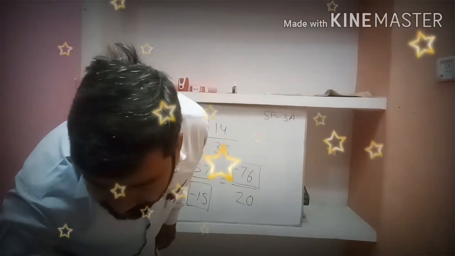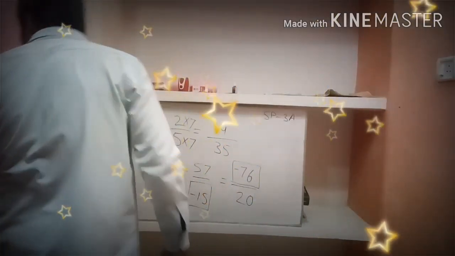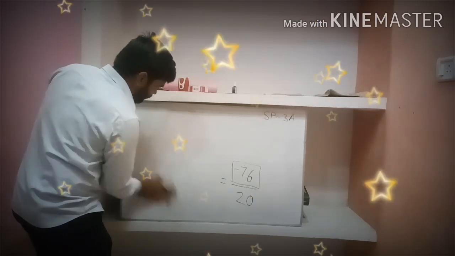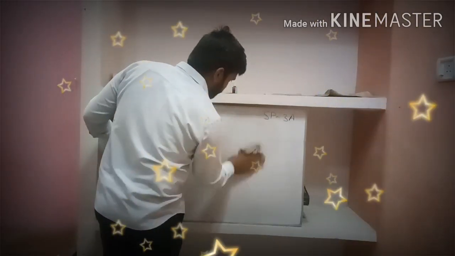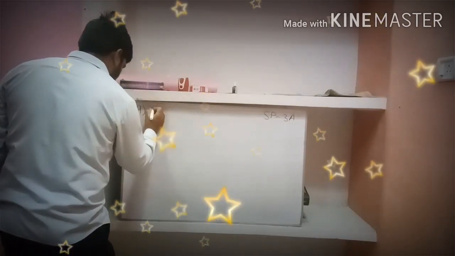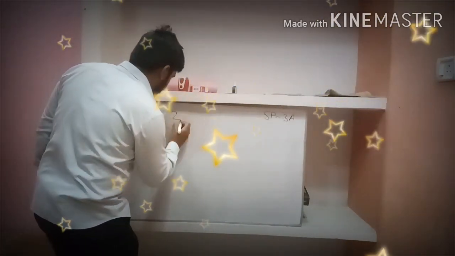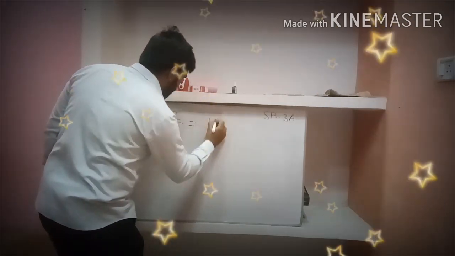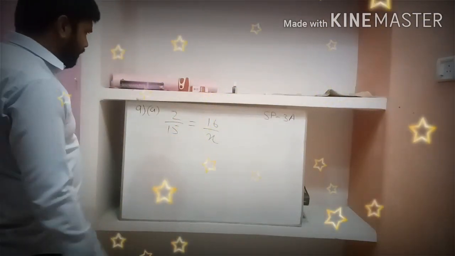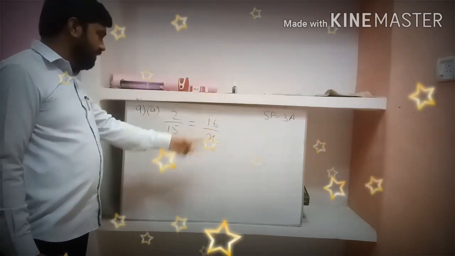Now move on. Find x so that 2 by 15 is equal to 16 by x. Question number 98. Now we solve 98. The question is 2 by 15 equals 16 by x. So here we have to find the value of x. Simply we can do it here also. What you multiply into 2 you get 16? That is the 8. Here also you multiply 8 only, that will get the answer.